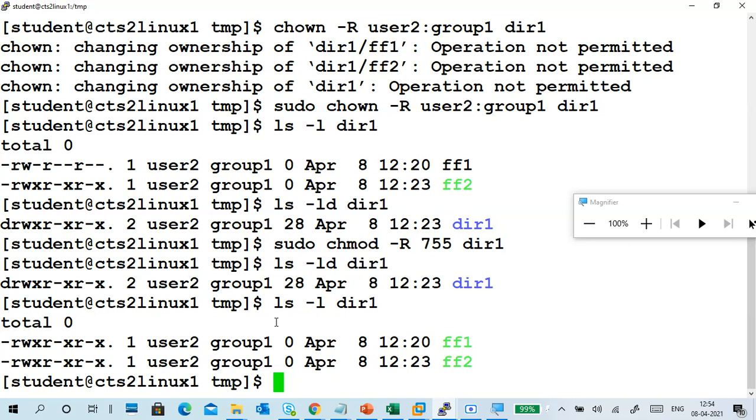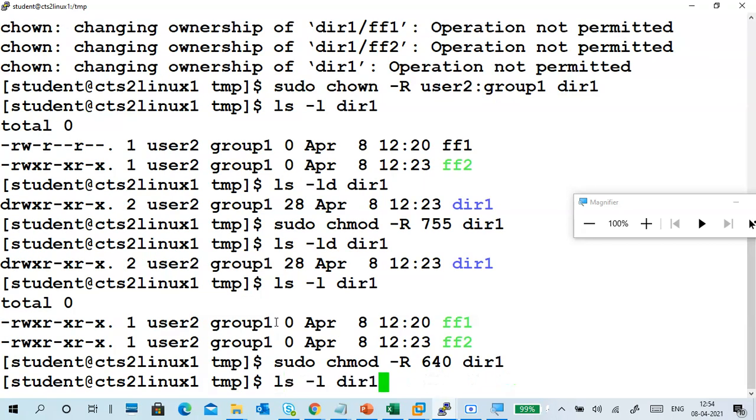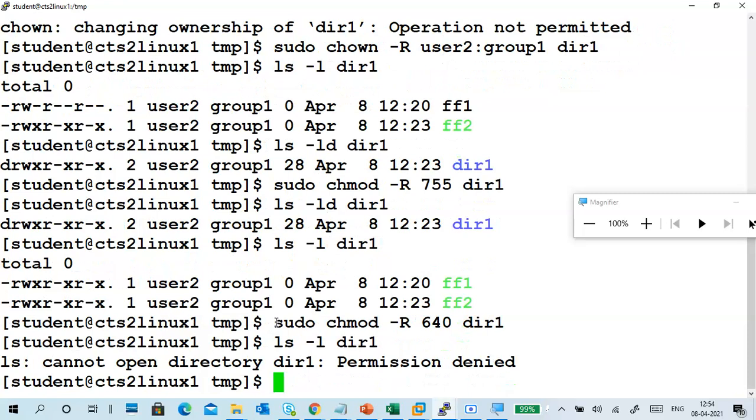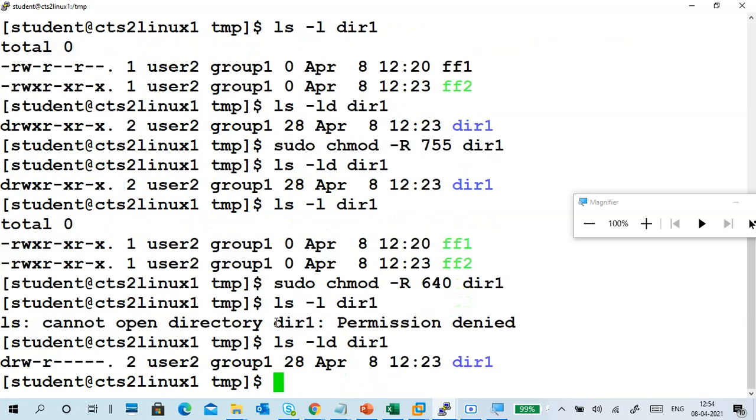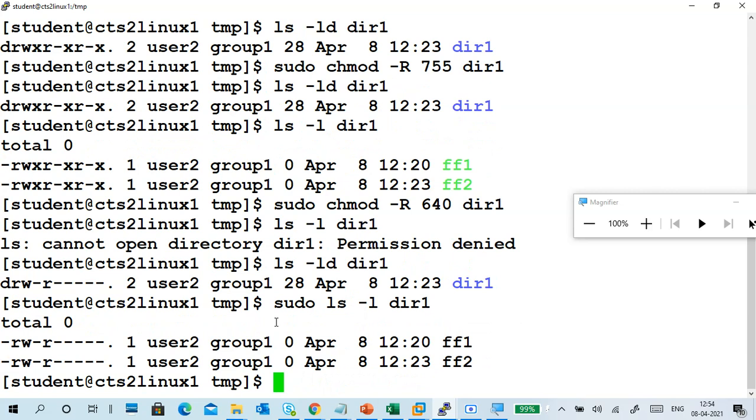Of course if you want to change into a different mode of permissions like 640, like last time we tried this one. Okay, so permission denied. Why? Because we gave this permission like this.